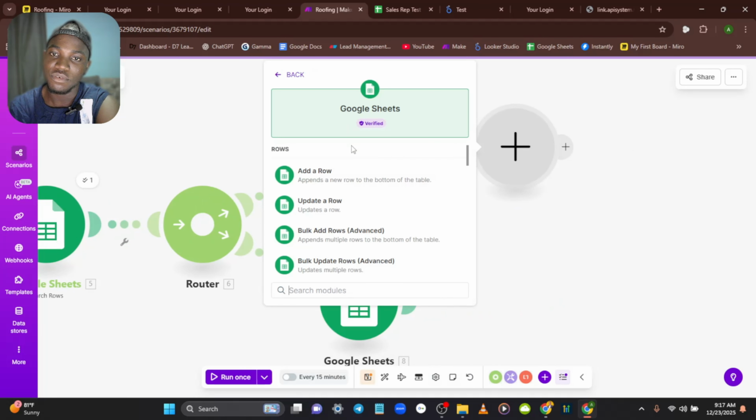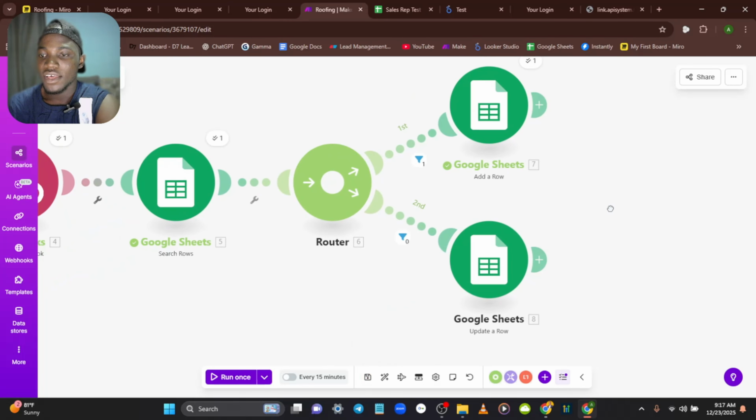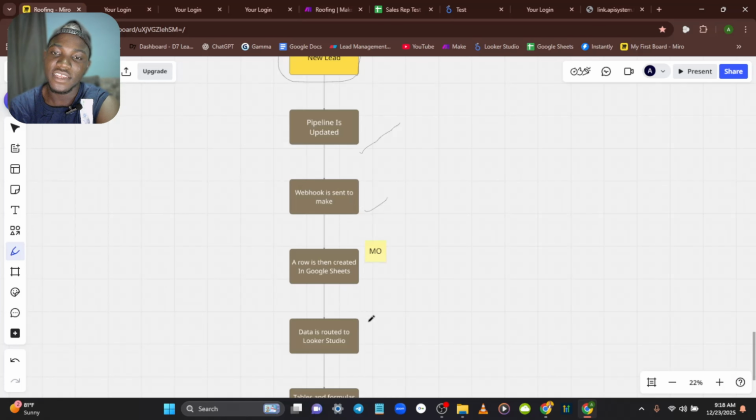So Google Sheets, you click on Google Sheets and then add a row. And then down here, you update a row over here. So that's basically how you do it. And when it comes to Google Sheets, when you update the Google Sheet or add the person to the Google Sheet, then the data is